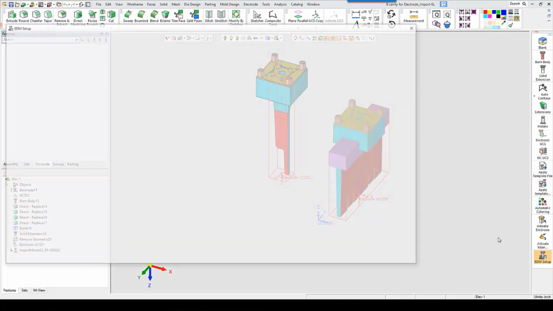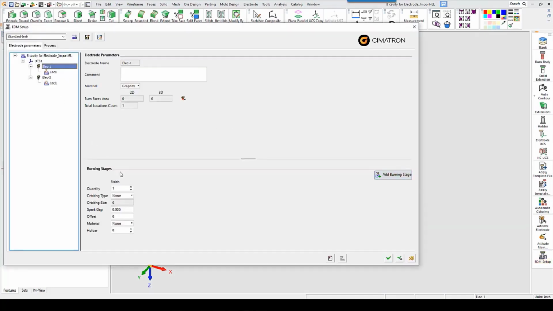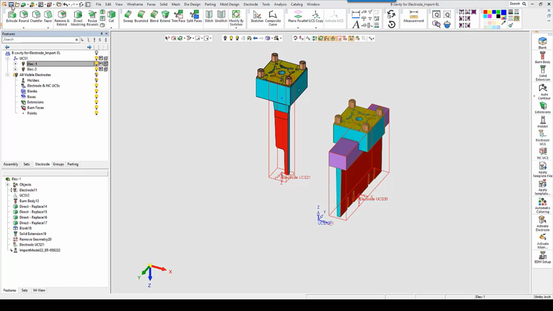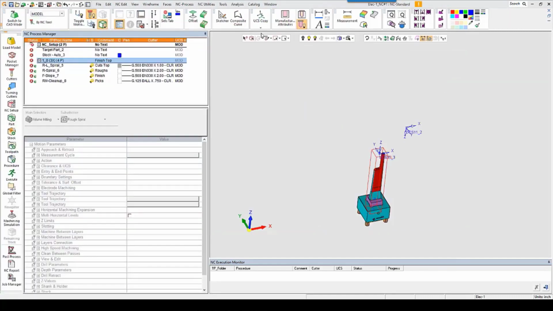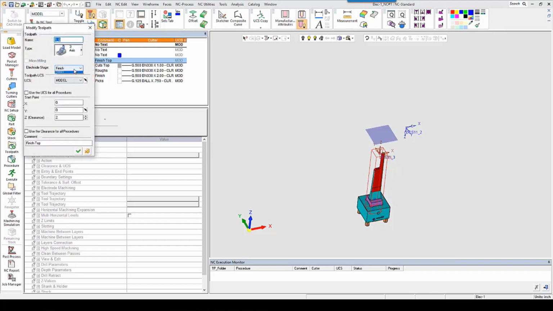go into the EDM setup, select the electrode, and this is already selected because it was active, and then just add a burn stage. Choose the one that you want and add the spark gap that you need to use. Save the file and jump back over to NC or open up the NC file. This will need to be updated. And now you'll have the option to choose the rough or the finish,